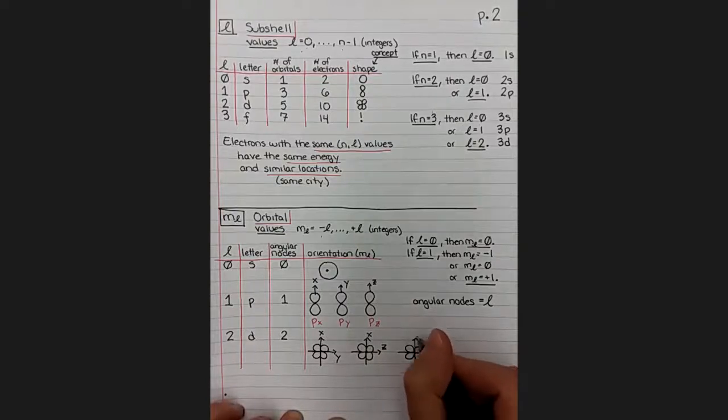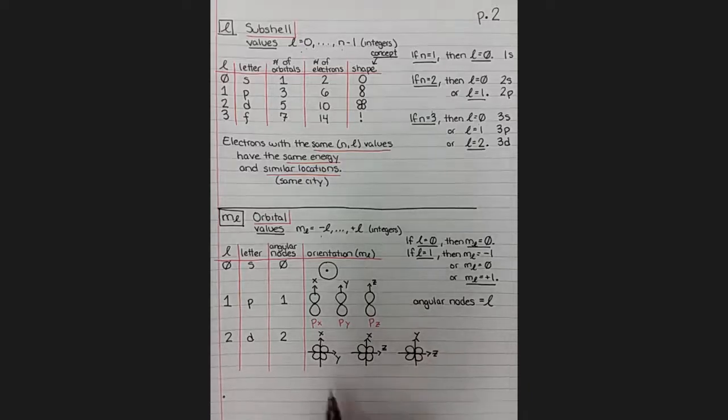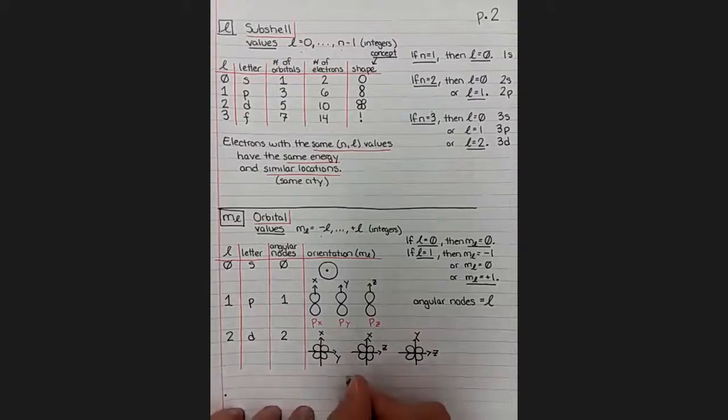Same shape, different axis. This one is between the y and z. So these 3 d orbitals all look really similar to each other. They have the same 4-leaf clover shape with the orbitals lying in between 2 of the axes. The next d orbital, the 4th one,